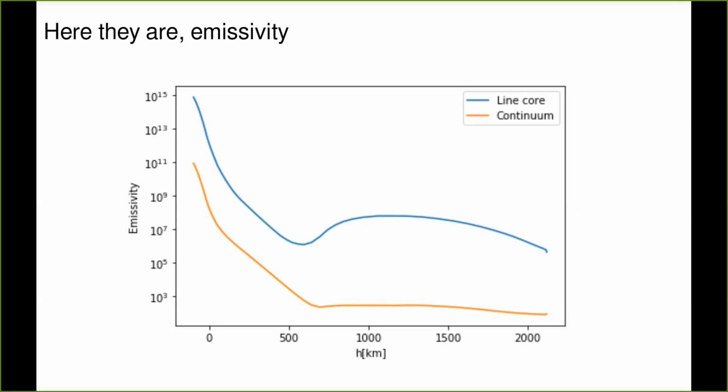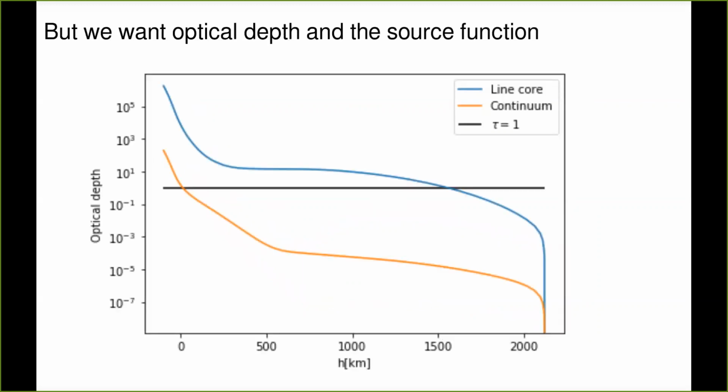So obviously, looking at opacity and emissivity is cool, but what we want to take a look at is the quantities that enter our radiative transfer equation, which means the optical depth and the source function, right? So let's try and plot the optical depth. What I did here is basically I outputted the opacities, and then since I had the height and I had the opacities, I could calculate the optical depth myself. And we're also going to do that. You just write some approximation of the integral, and then you do that. So this is how the optical depth in log scale changes with height.